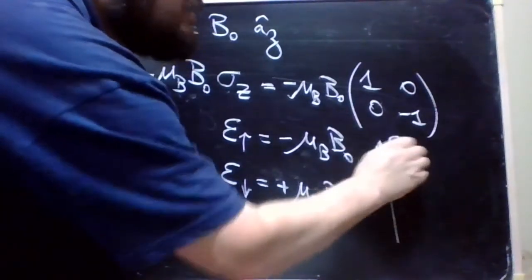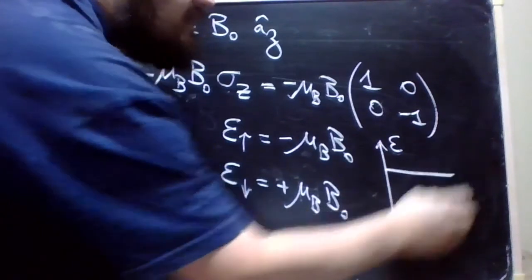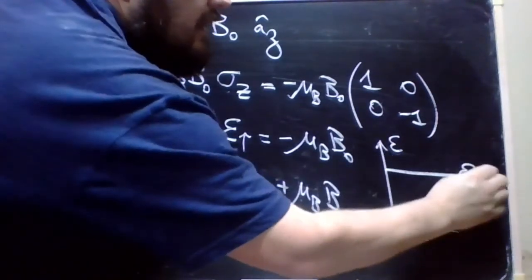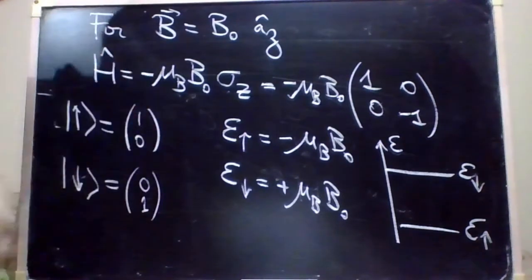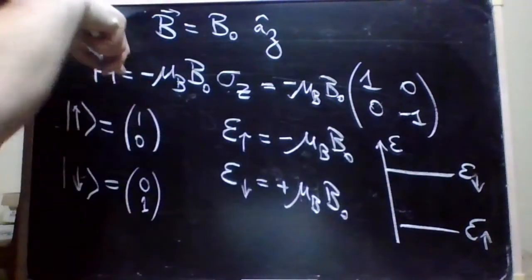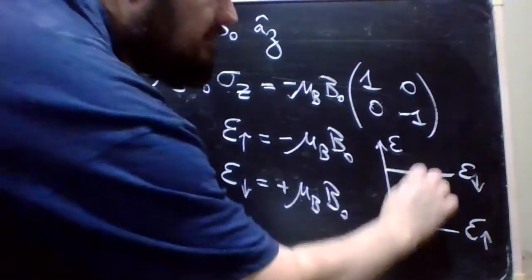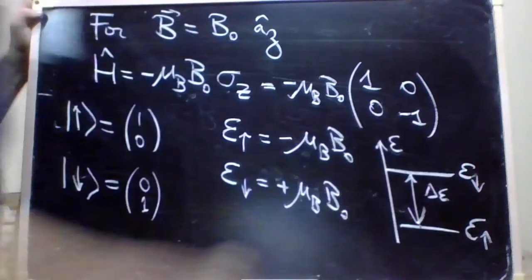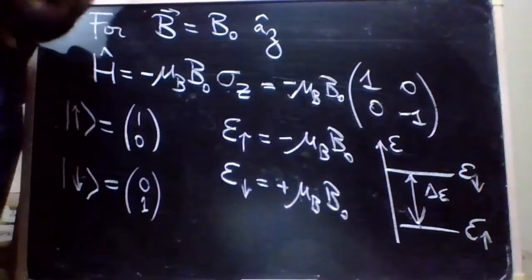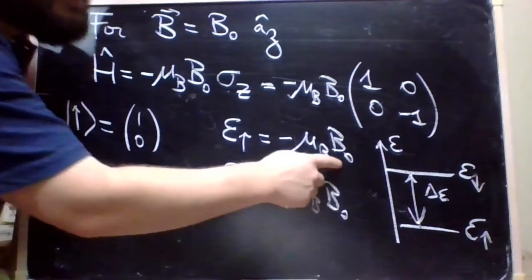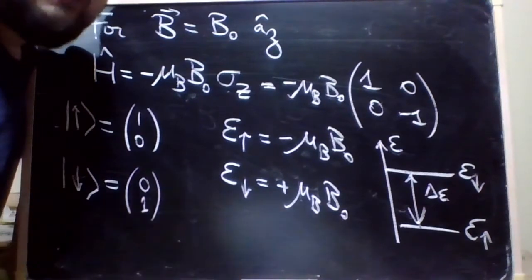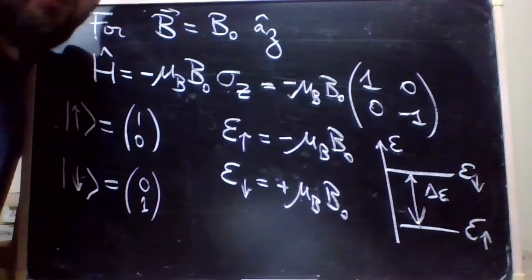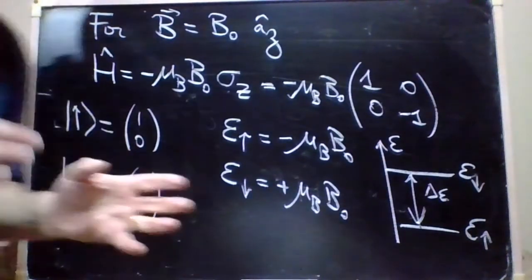So if you draw an energy diagram, you'll find the up state and the down state here, with the up state in the lower level. If you have a change of sign here in the Hamiltonian, of course, both energies are just interchanged. And there is an energy difference here, a gap between these states. If you look at this, you can clearly see that if the magnetic field is zero, both states have the same energy. There is no distinction in energy levels from one state to the other, and this is called degeneracy. When you apply a magnetic field, you just remove